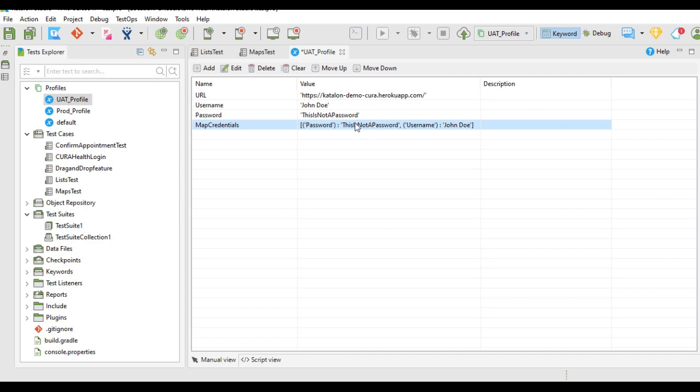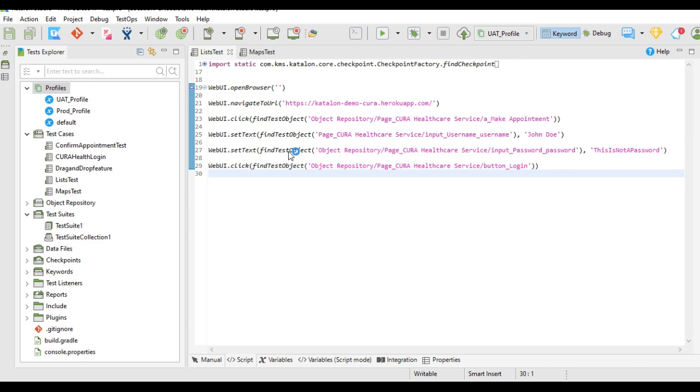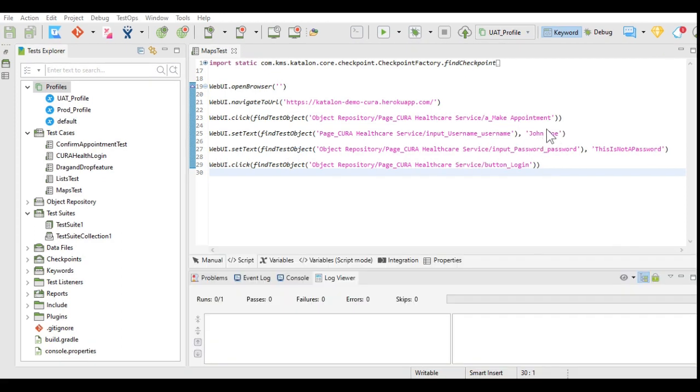Now I will use this in my test case. I will close this UAT profile. If you check, in the test case we have used the username and password directly. The values of username and password have been used directly. We will use the map variable over here instead of the hard-coded values.